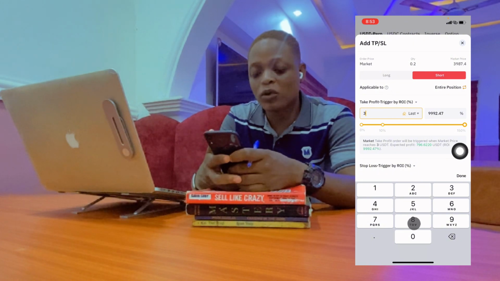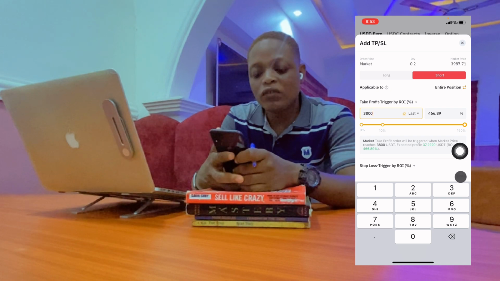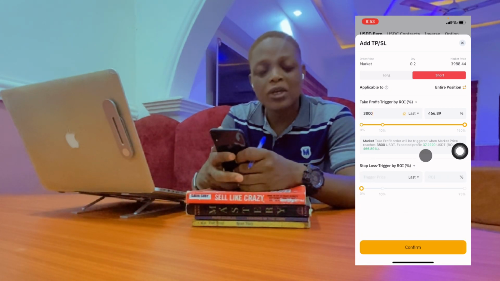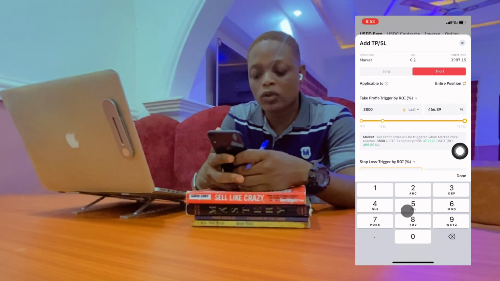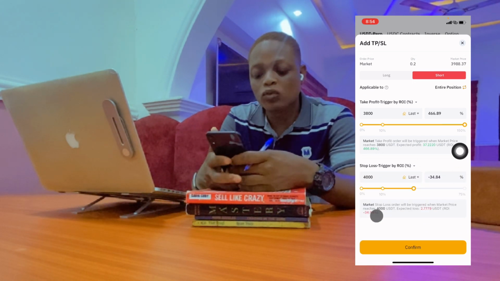So my take profit, right? My take profit will be 3,800. Okay. So if Ethereum falls to $3,800, I'll be making $37 from this. Now let's enter our stop loss. So our stop loss can be $4,000. Okay, let's see. So if Ethereum decides to go to 4,000,